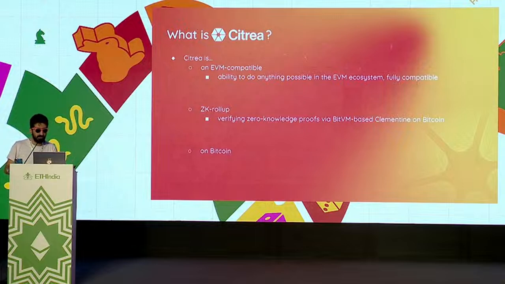In ZK, they're mostly used for compressing and verifying executions, and also for privacy reasons. Here we are basically verifying that the Citrea rollup, the Citrea chain, is working as intended. And here is a proof for this that you can find on Bitcoin. So we're also publishing this onto Bitcoin, so that people can check themselves and see that everything is as expected.